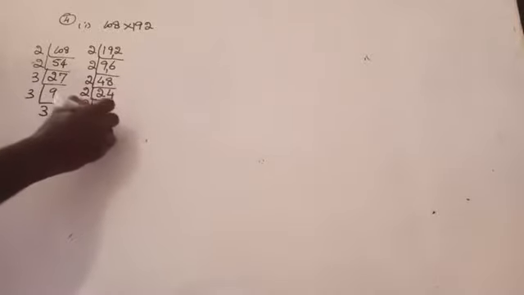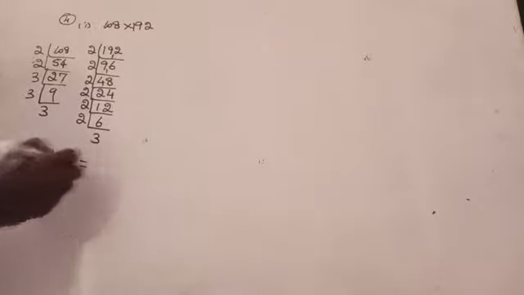2, 9 2s are 18, remaining 1, 6 2s are 12. Again it goes with the 2 table, 4 2s are 8, remaining 1, 8 2s are 16. Again it goes with the 2 table, 2 2s are 4, 4 2s are 8. Again it goes with the 2 table, 12 2s are 24. Again it goes with the 2 table, 6 2s are 12. Again it goes with the 2 table, 3 2s are 6. Am I right here? Yes.